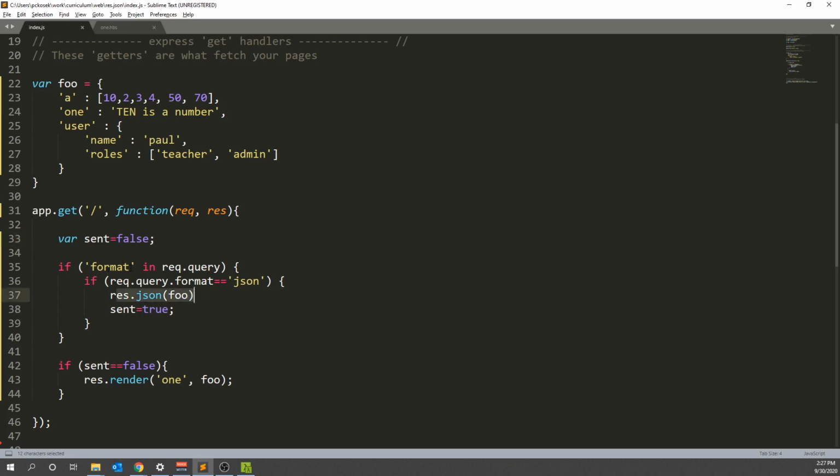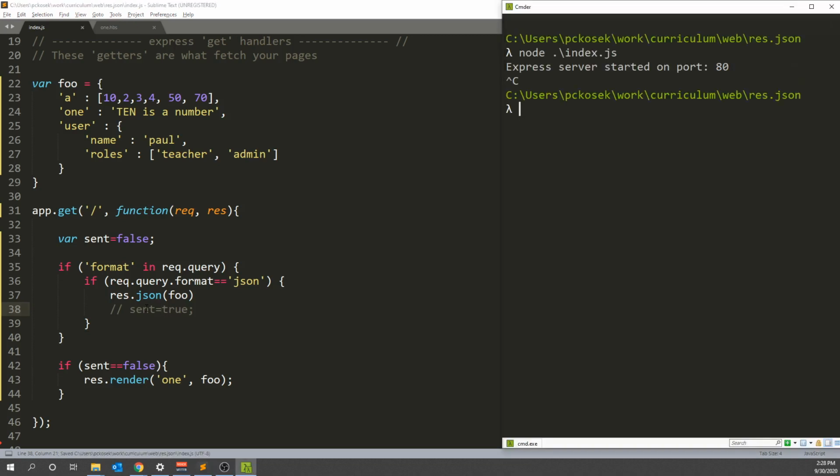So if a key named format was in the query parameter, so I first checked to see if there was a format key there, then if that key was actually equal to JSON, I res.jsoned out our original object, and I indicate that sent was true. And over here I'm just making sure that I didn't already send information over here. Part of the reason is if I send something like this,